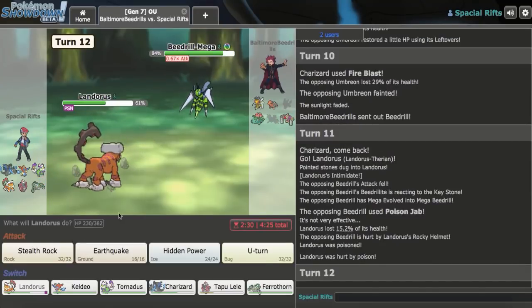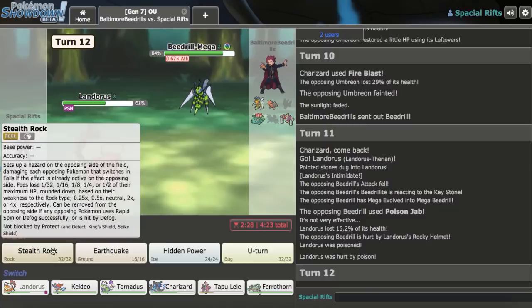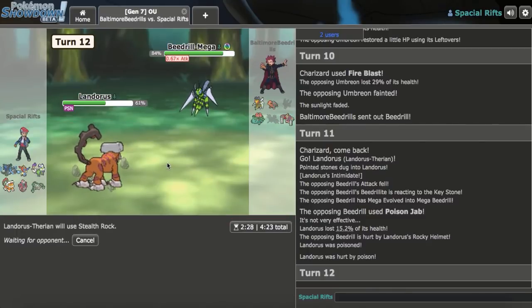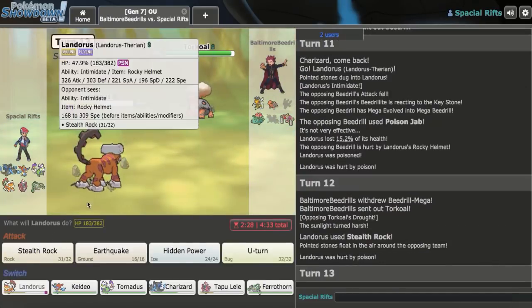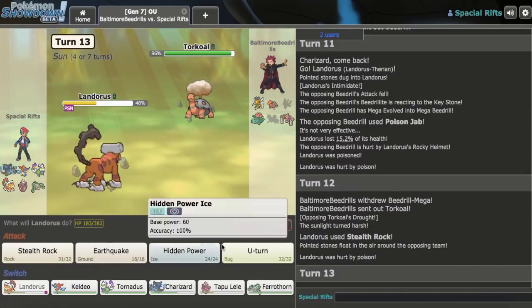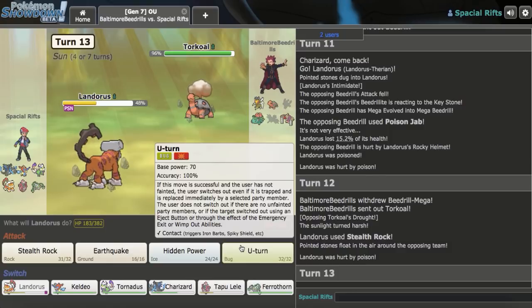So let's go out into Landers here. He poisons me, which sucks, but I can get up rocks now. And we're definitely chipping everything down now. And I want chip damage on Venusaur when it comes in for my Torn. Healthiest Torn right now? It's pretty healthy, okay. So that's cool. He's going to go out into Torkoal here. I still want to keep this around, I think, but...